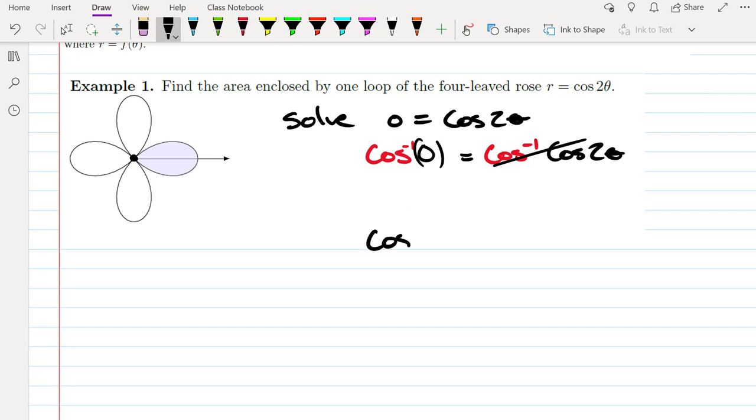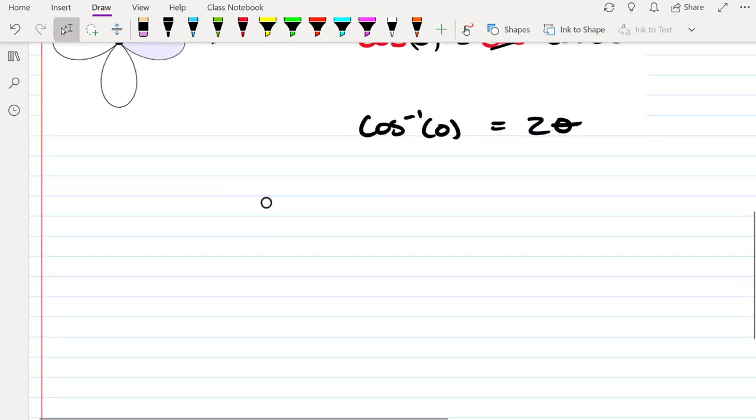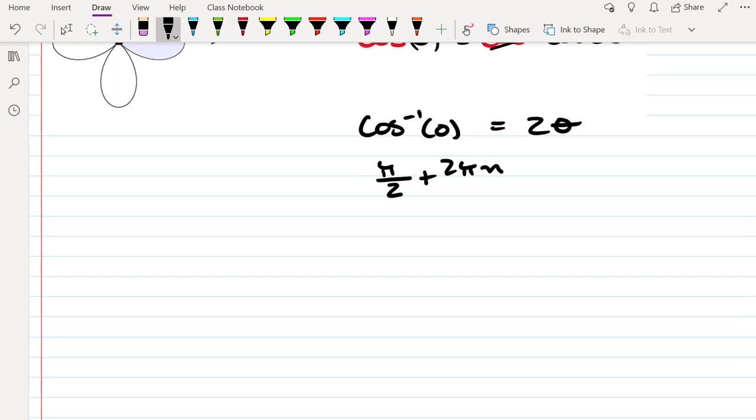So we have the inverse cosine of 0 equals 2 times theta. The cosine is 0 at pi over 2 plus 2 pi n